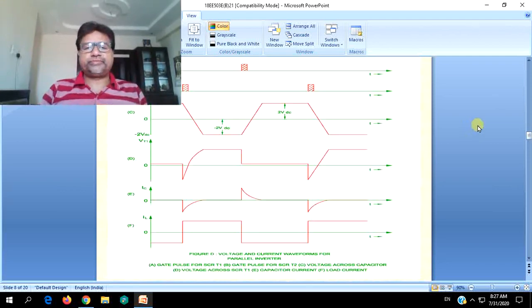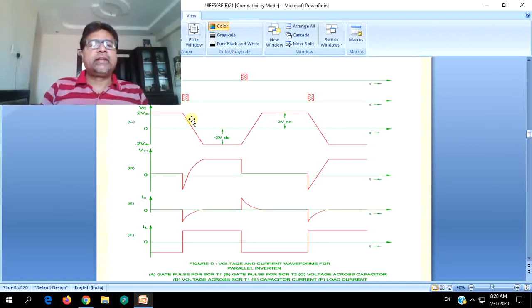Just go through the waveforms which we have discussed so far. Gate pulse for the first SCR, second SCR. This is the capacitor voltage, how it is building up. Next, this is the voltage across SCR1. The same will prevail across SCR2 when SCR1 is turned off, meaning here SCR2 will be having its voltage. Next, this is the capacitor current when it discharges, and this is the actual load current, which will be a square shaped one,